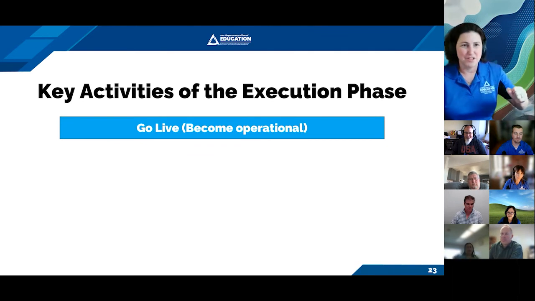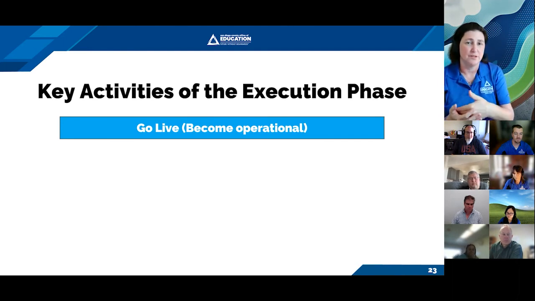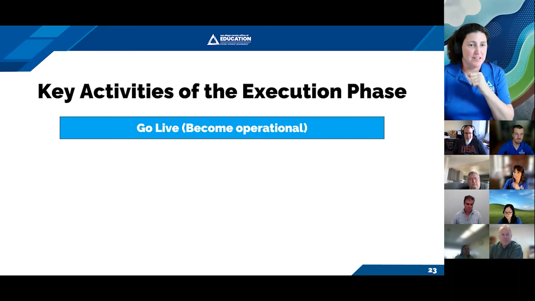Finally, we've done all the project monitoring. We've been keeping track of all these tasks. We've been communicating. And finally, we're ready to go live, right? We're going to prepare for that go live. Go live means that it's becoming operational, whatever it is that we're building, whether it's new software, rolling out hardware, or renovating a room. We might need to sign off on any testing. We might need to do training if it's something new. We might need to communicate about our go live date. And then we need to make sure that we're conducting that go, no go meeting so that we're ready on launch day. So that's the checklist.